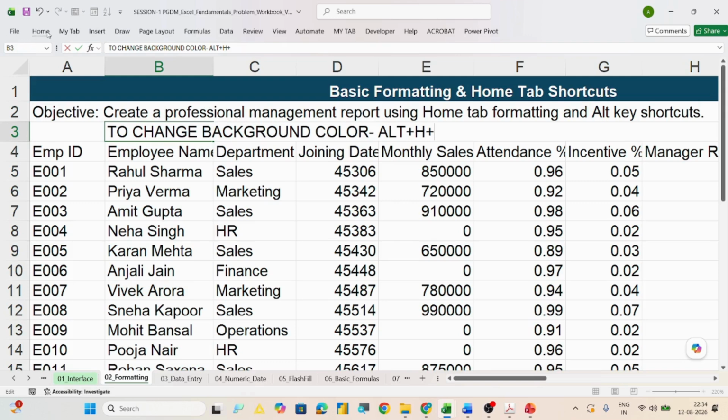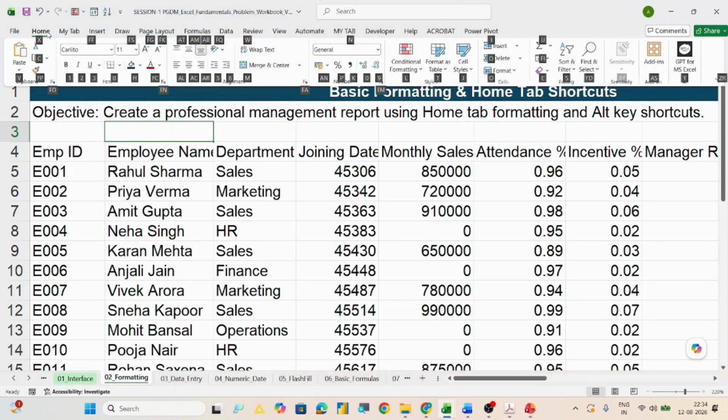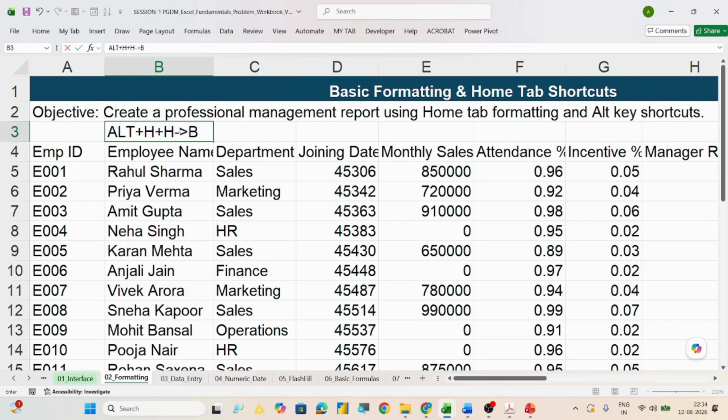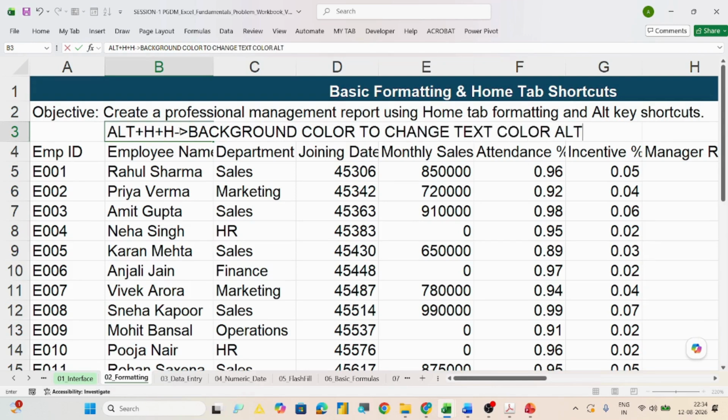If you see, the key which we have used was Alt H and then H. So that was Alt plus H plus H. This is background color, and to change text color, the shortcut is Alt plus H plus FC. Then to make it bold,